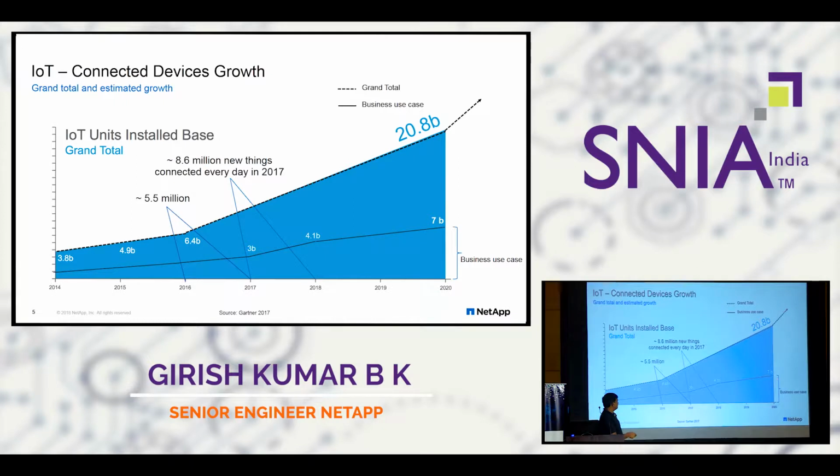And if you see here, in this number, roughly nearly 70% is consumer devices. And the rest, around 30 to 40%, is in the business use cases. So this is the rate at which the connected devices are being deployed in different areas. The reason I highlighted this is because in the next few slides, I'm going to describe how the needs of different industries will drive the architecture. It won't be a similar one, right?